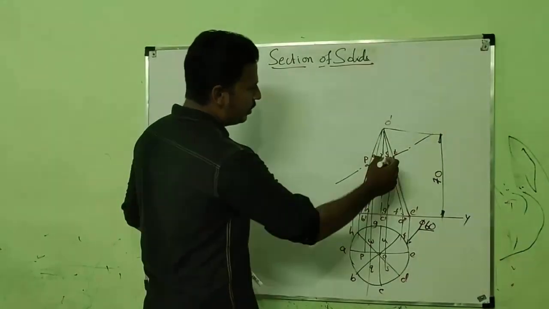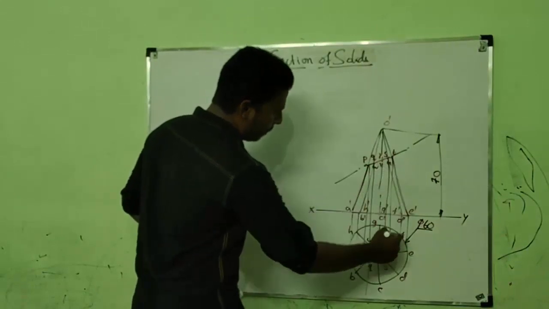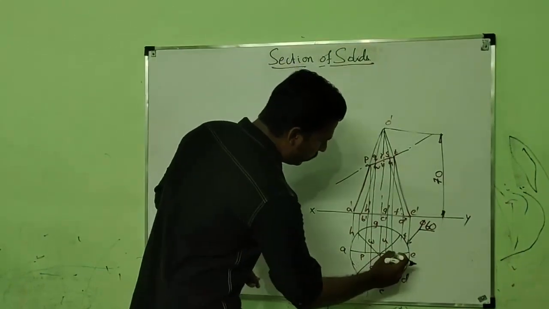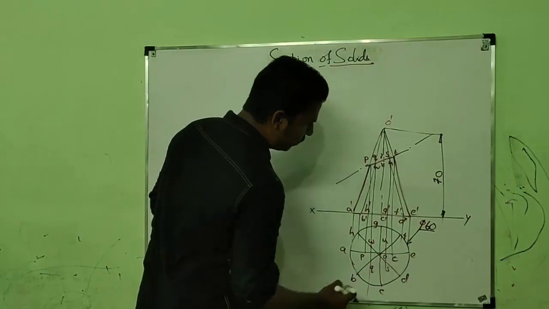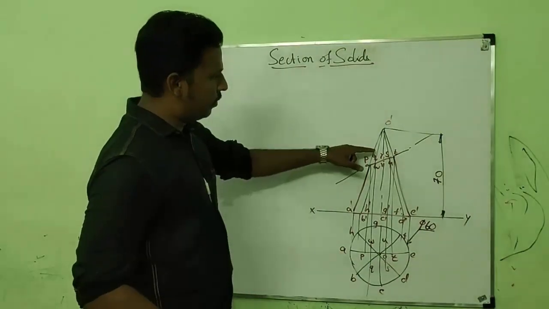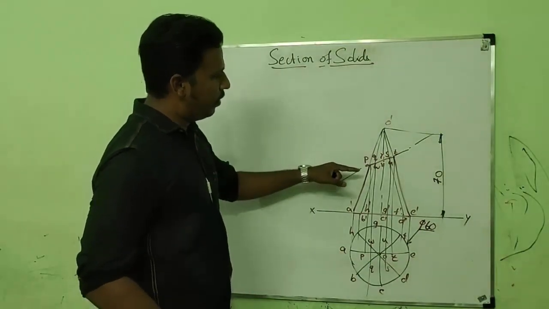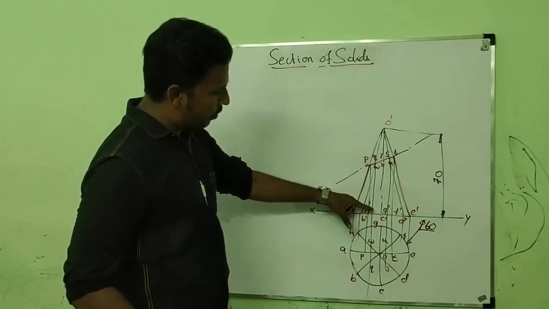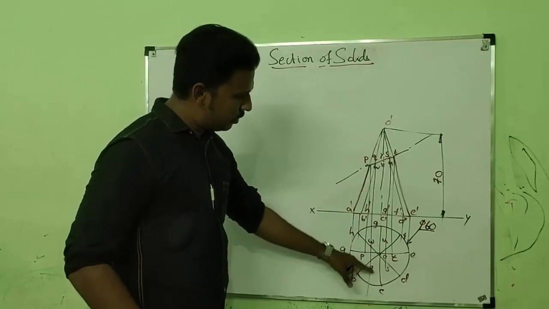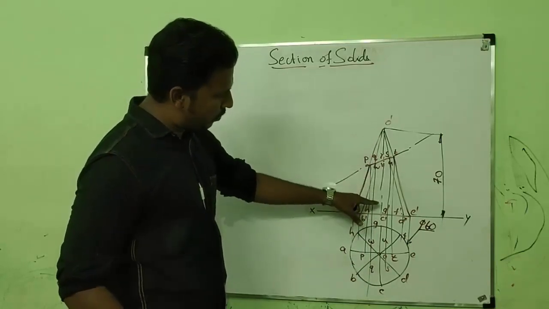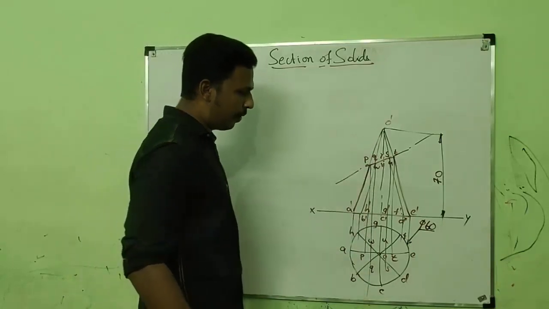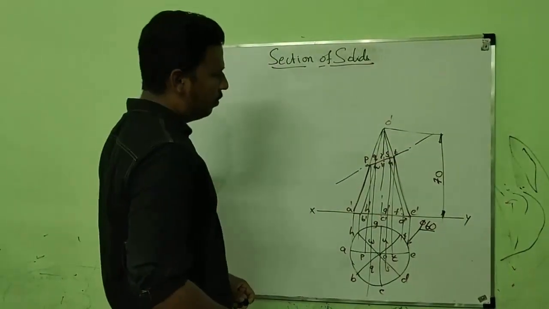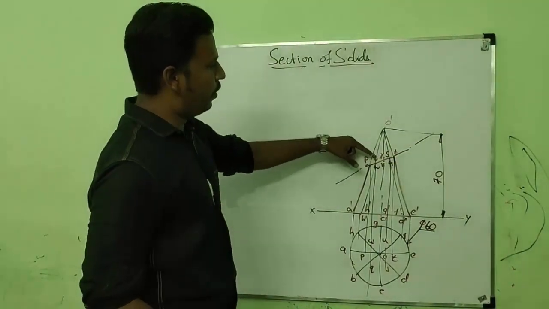The point T lies on OE, and on OE point T is there. And two points we haven't marked, those are points R and V. Points R and V lie on lines OG and OC, but here OG and OC are vertical lines. If we extend a line from this line, we cannot get a cut point. So what we have to do is transfer the cut point to another edge.